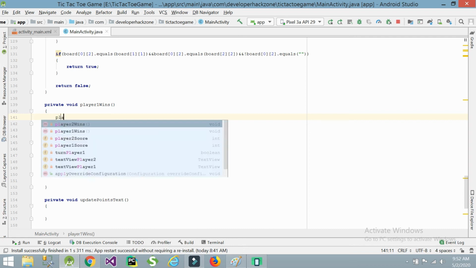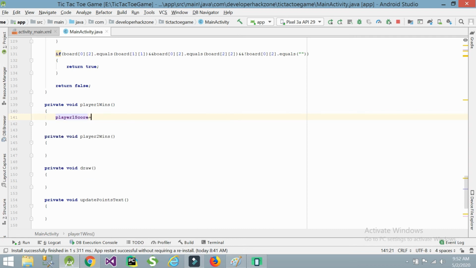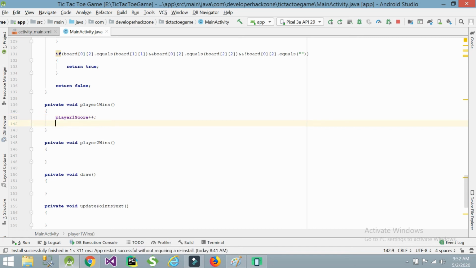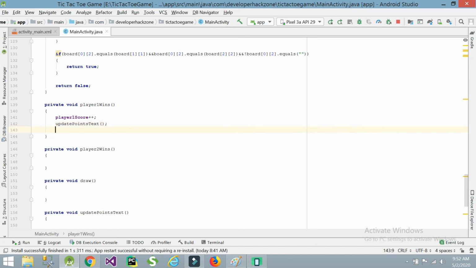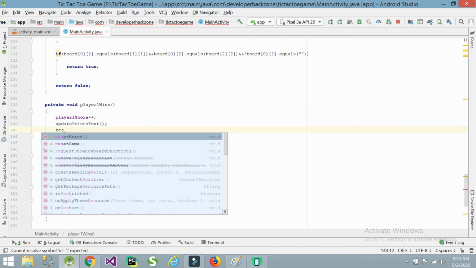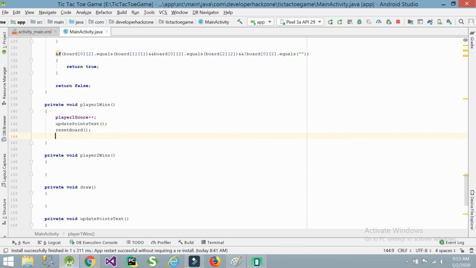So here I am increasing the player 1 score, and also I am updating points, and also I am updating the board. I am resetting the total board, and I am displaying a small toast message like that: player 1 wins. Like a simple message, player 1 win.